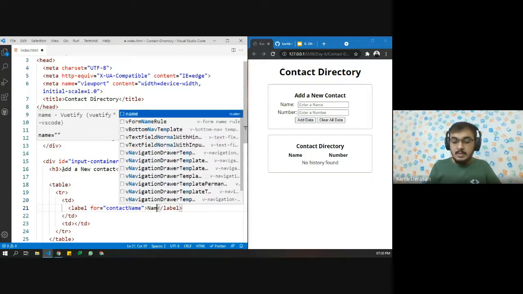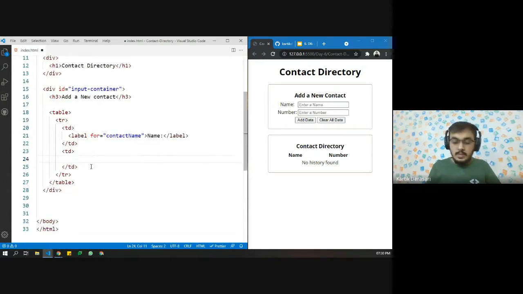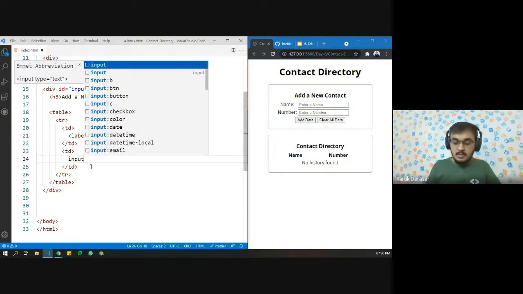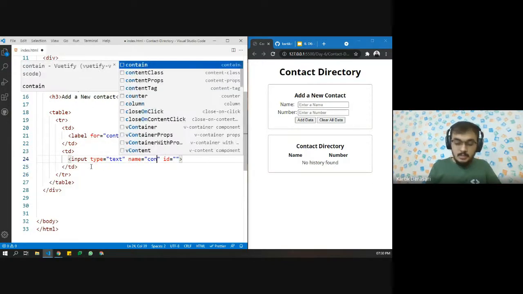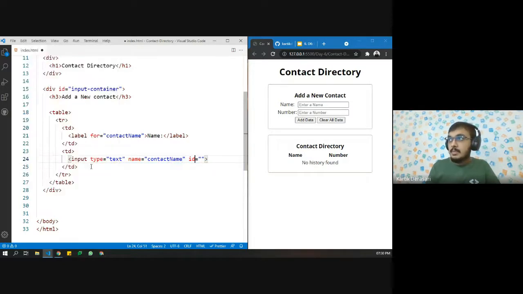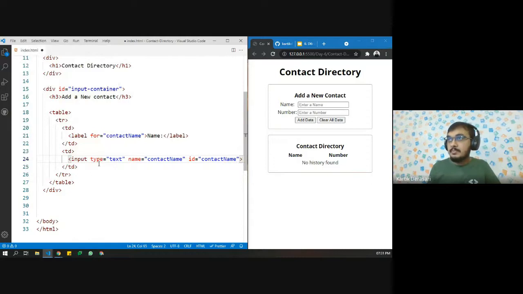Then we have name. On the second row we have one input field. We want that to be text. For the name, let's say contact name, and for the ID again, let's say contact name.